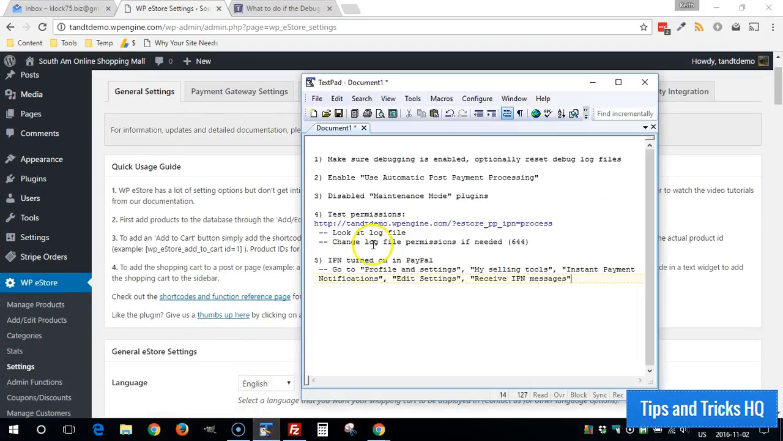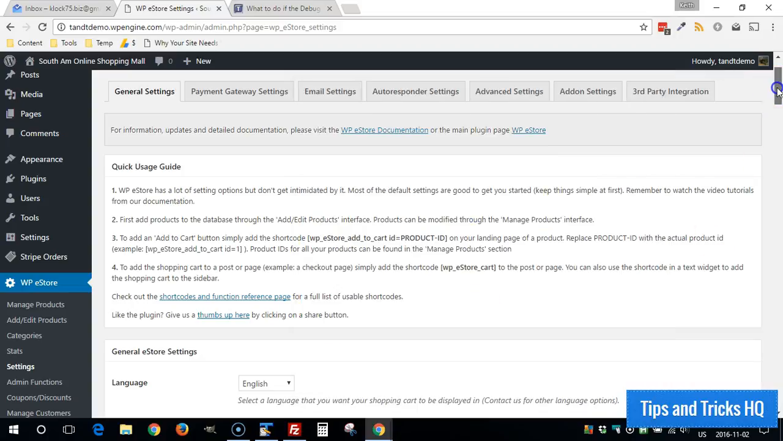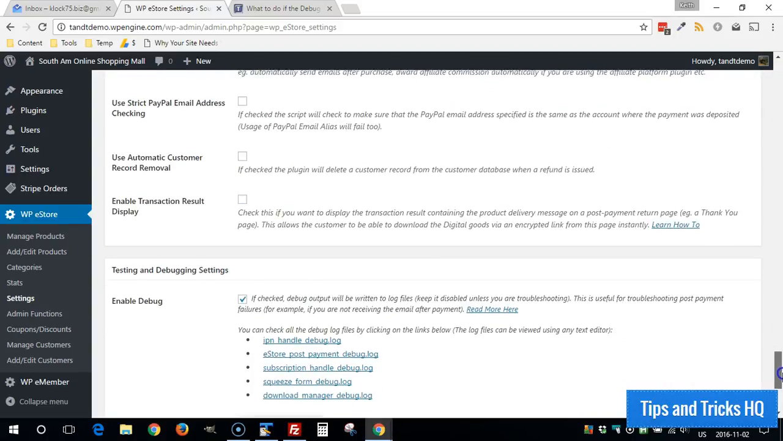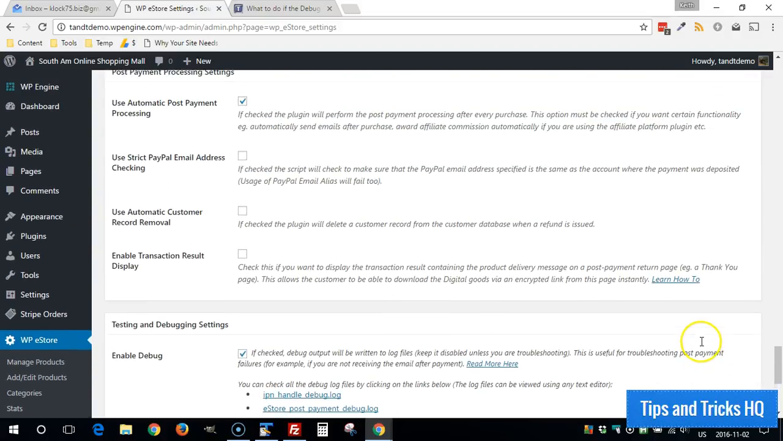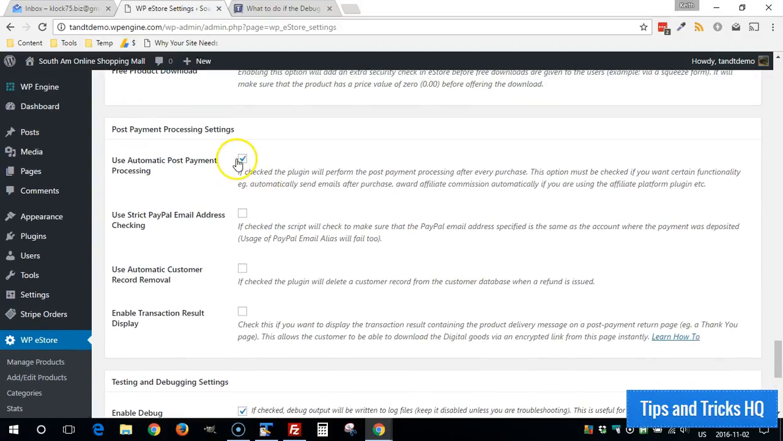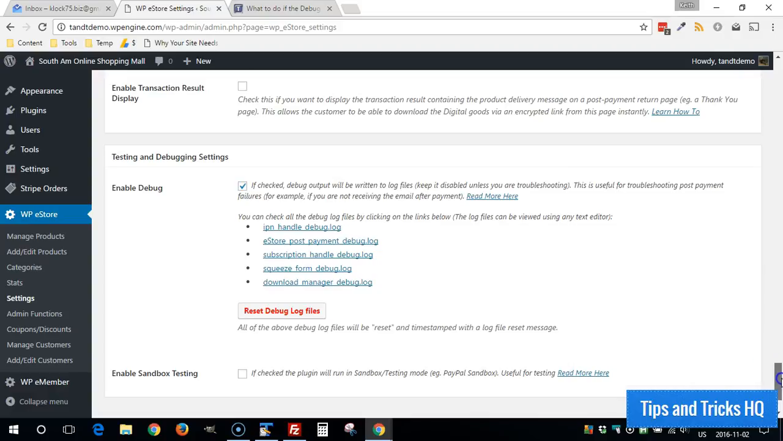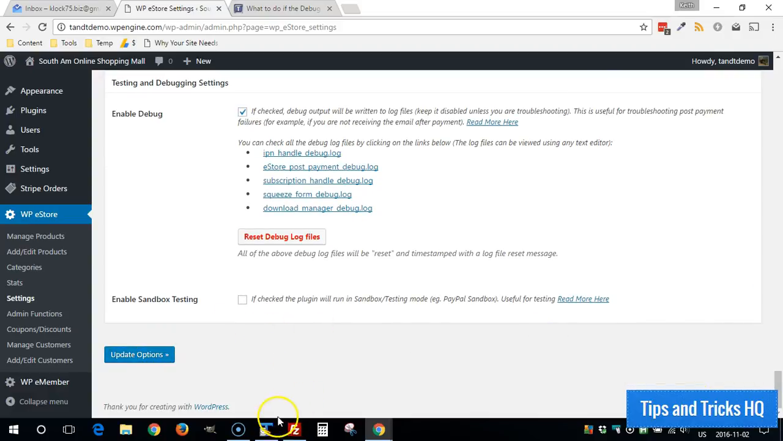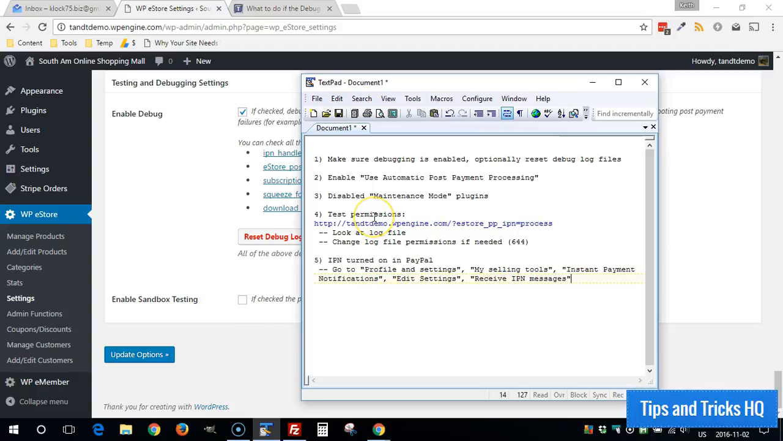Beyond that, make sure that Use Automatic Post-Payment Processing is set up, so that, again, in the same spot, just above where we enabled the debugging, the checkbox at the top, which is checked by default, that says Use Automatic Post-Payment Processing. So make sure that's checked. If it wasn't, check it, and then click on Update Options there. Okay. And then another area where